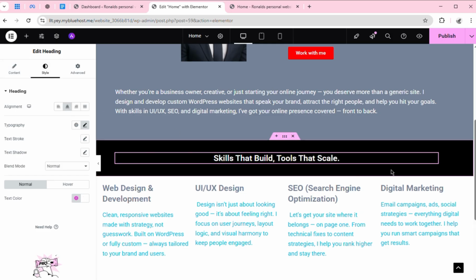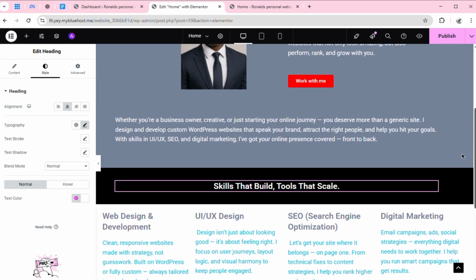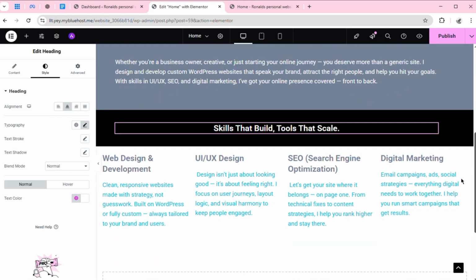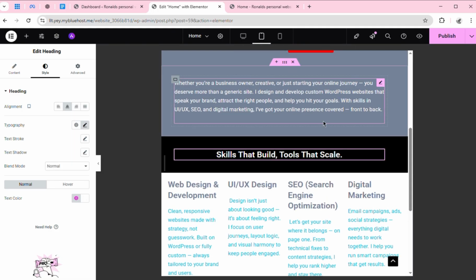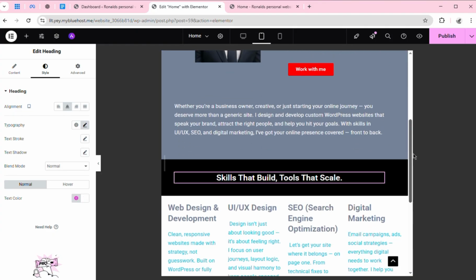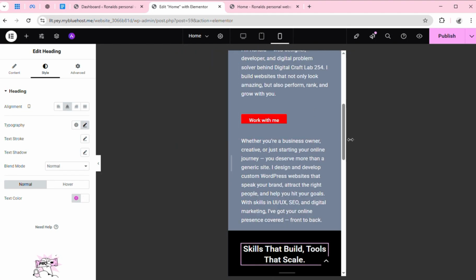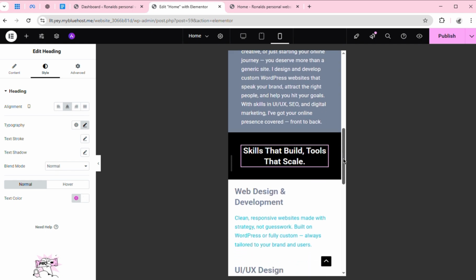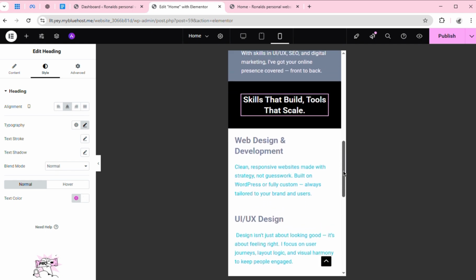And I think, guys, what do you think so far? I think at this point it looks good. Let's have a view on our tablet mode. That is it. Let's look at the mobile. The mobile, that's how it looks, guys, and I think that I'm satisfied with how this looks,